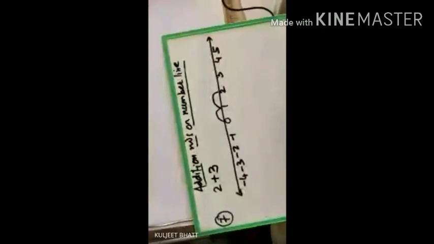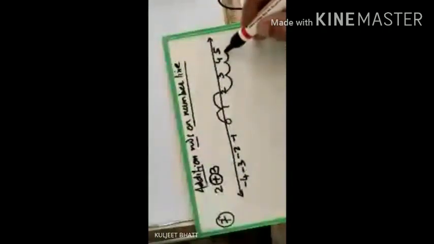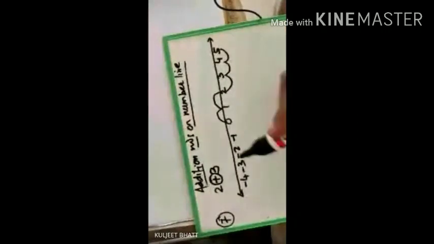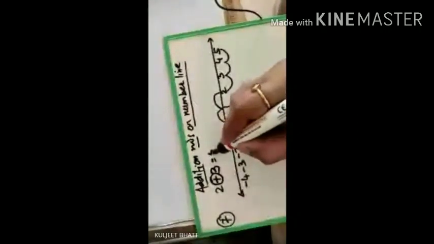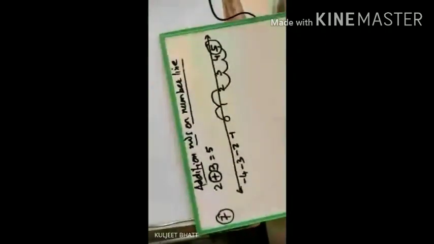This is your 2. And now again, because it is a plus in the middle, you can see in the question, yes, we will jump 3 steps more towards the right. So from 2, you jump 3 steps more. 1, 2, and 3. You reach 5. And your answer is 5 on the number line. And if you want, you can encircle it. So this is your answer for example number 7. Similarly, let us take example 8.